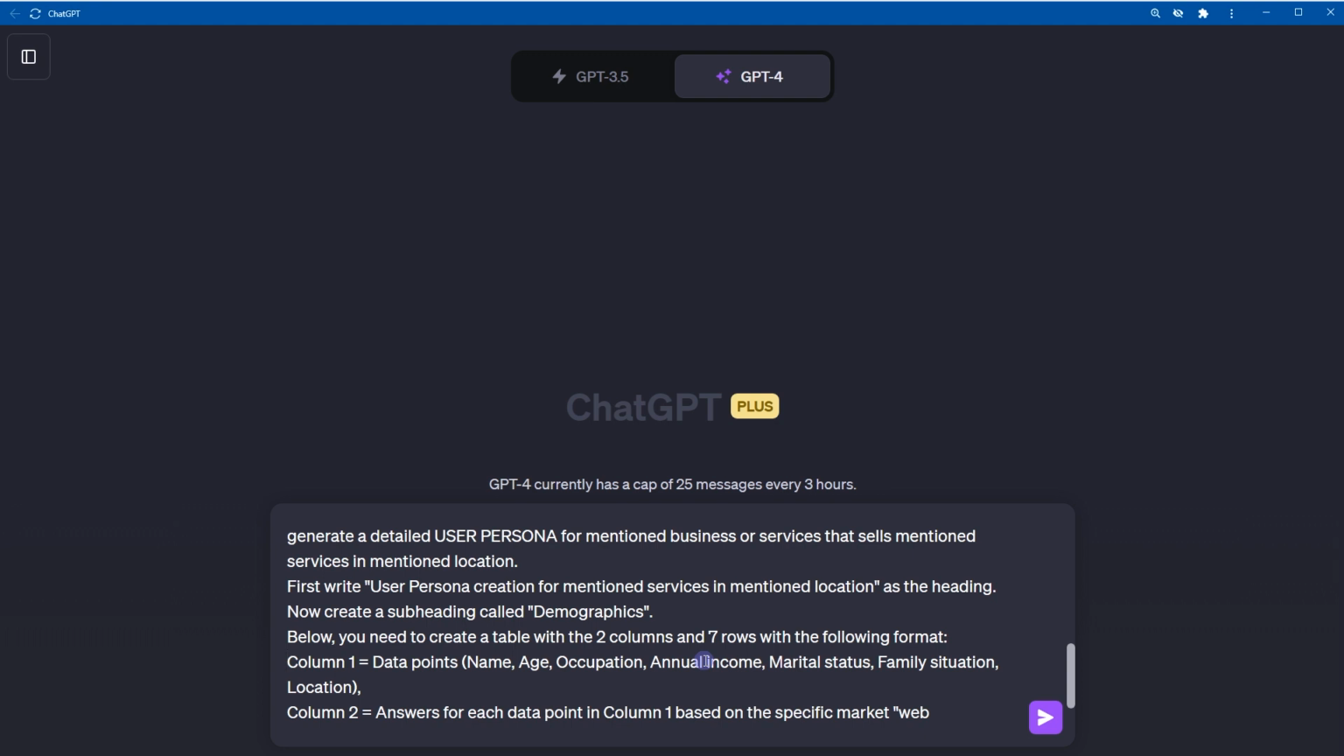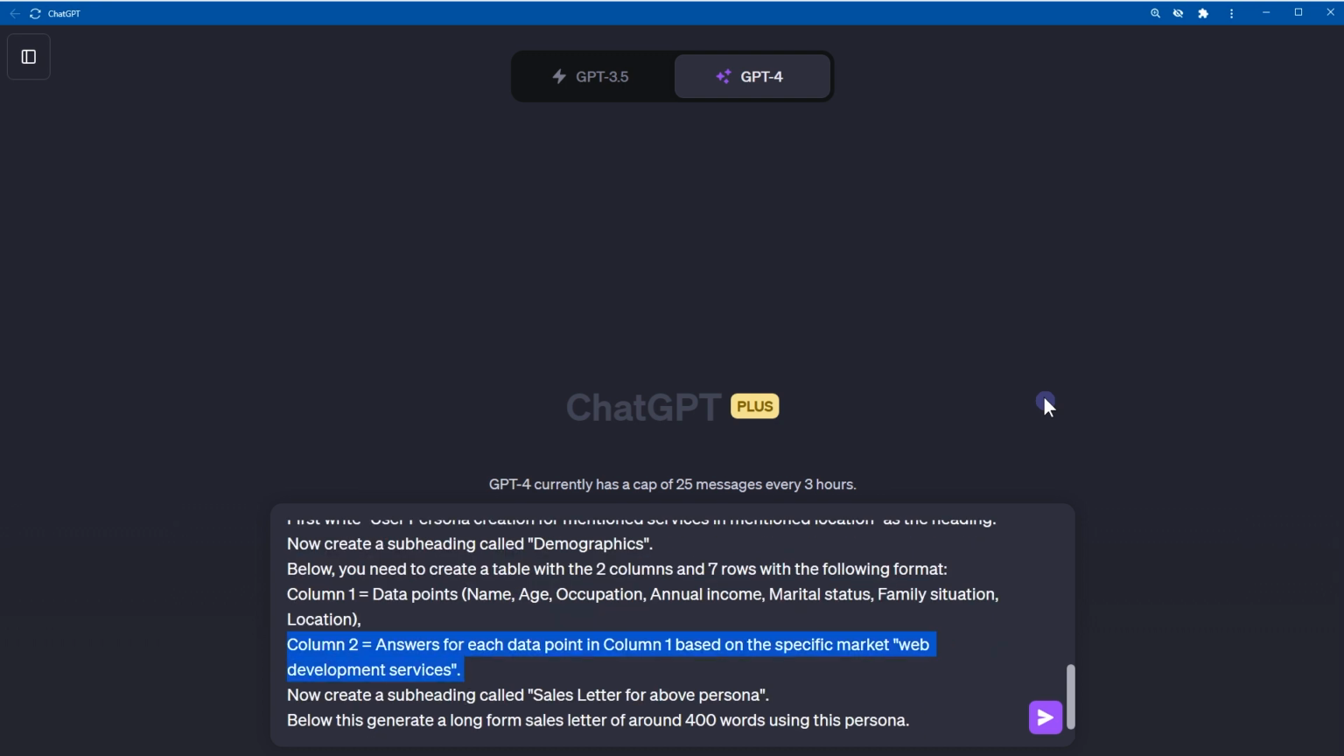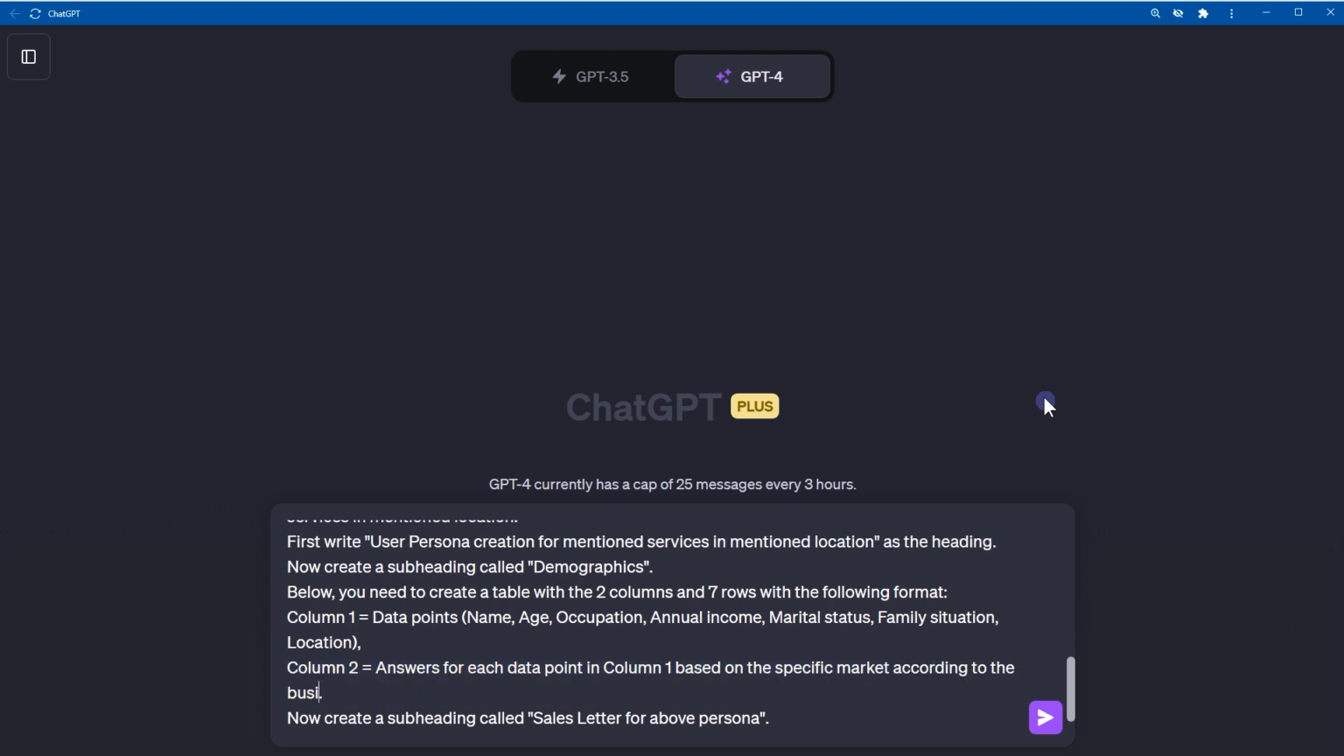So we are asking ChatGPT to generate the response in specific format. Column 1 should contain data points. Data points are name, age, occupation, annual income, marital status, family situation, and location. And this is all random, by the way. Column 2 should be answers for each data point in column 1 based on the specific market, web development services. Or you can choose to type here according to the business or services mentioned